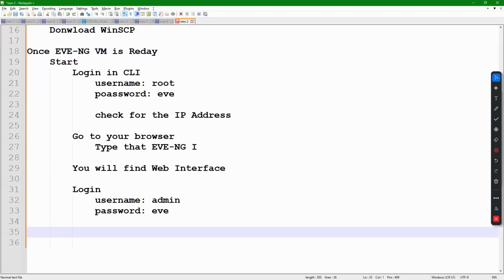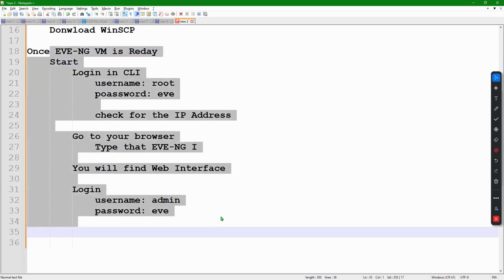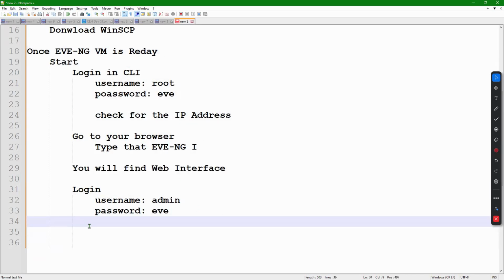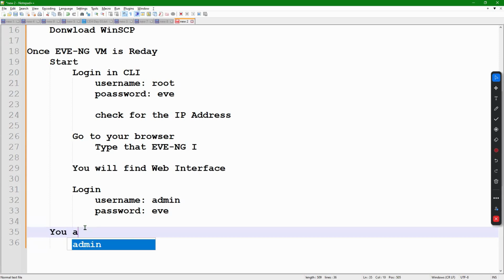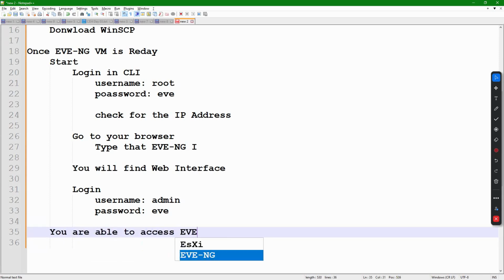We are only taking 2 days a week. Other days you are treating as a holiday, that is your problem. Otherwise, you have lots of time for practice. Okay, so right now just focus here. So this is just for starting EVNG, and you are able to do basic tasks in EVNG. So you are able to access EVNG via web browser.